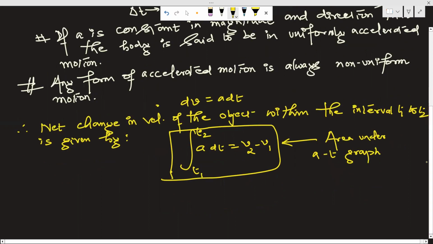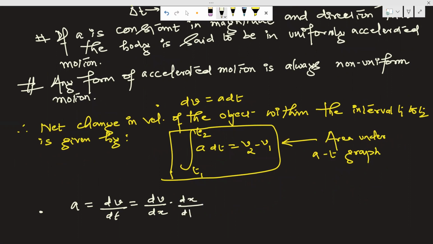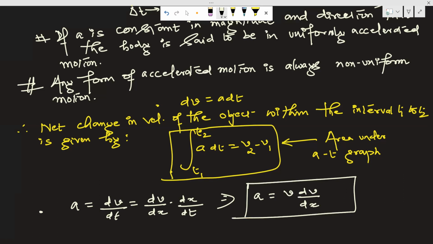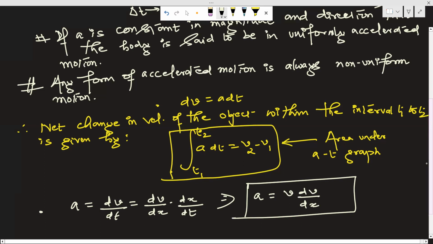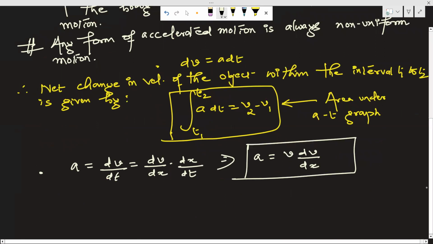अच्छा, दूसरा हम लोग को जो याद रखना है, next point, कि when we are writing a as dv dt, by chain rule we can also write it as dv dx multiplied by dx dt, ठीक है। And we know that dx dt is velocity, तो a can be written as v dv dx। तो अगर हमें किसी equation में velocity और displacement को relate करना है with acceleration, we can use this equation a equal to v dv dx, ठीक है।